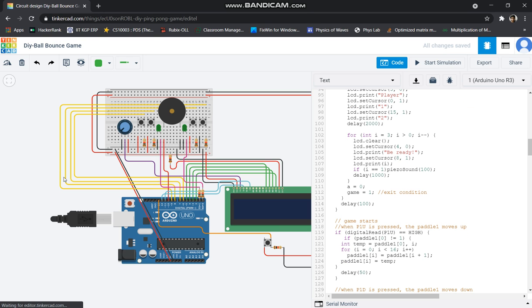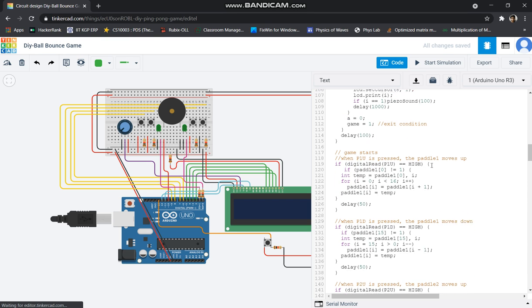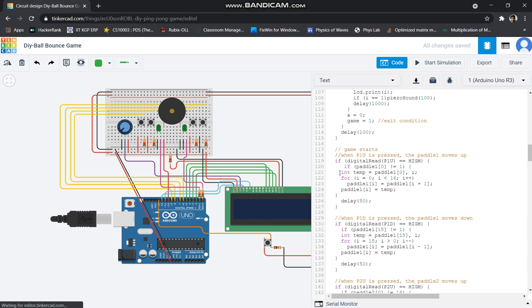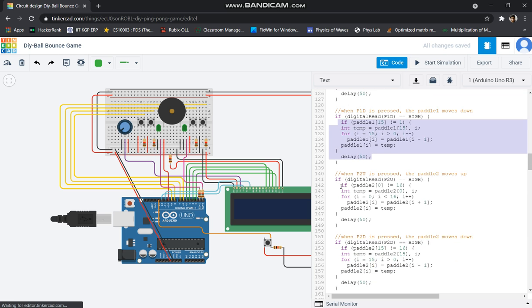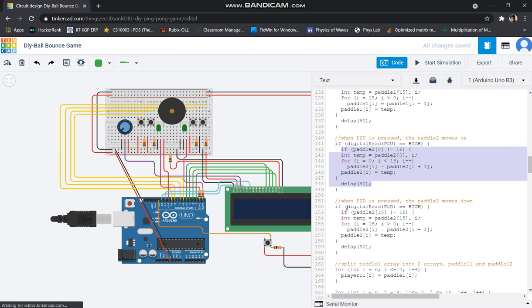Once the game starts, the system expects input from these 4 buttons, since we have already given input from this, and we will keep on checking. So if the first button is pressed, then the paddle 1 should move up using this code. If the second button is pressed, then the paddle 1 should move down using this code. Third button will make paddle 2 go up using this code, and fourth button will make paddle 2 go down